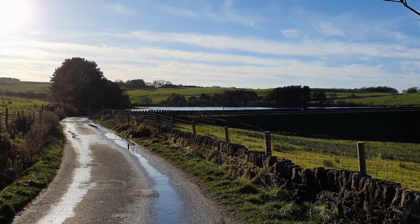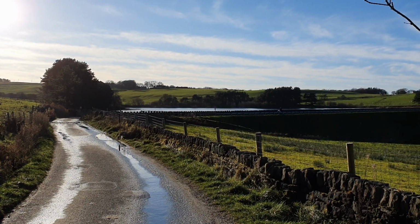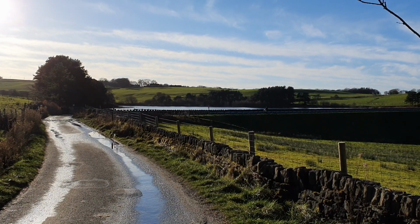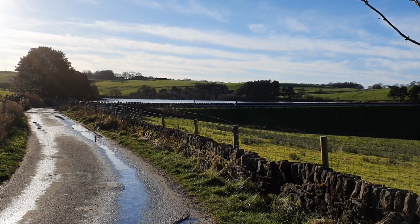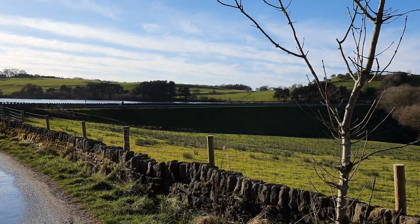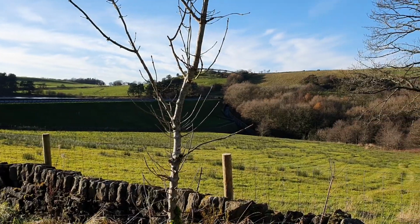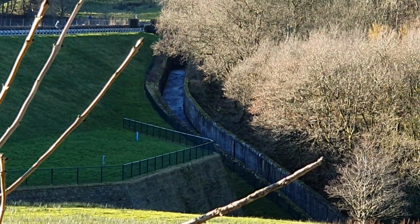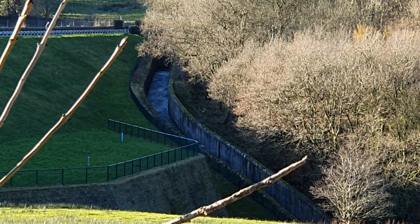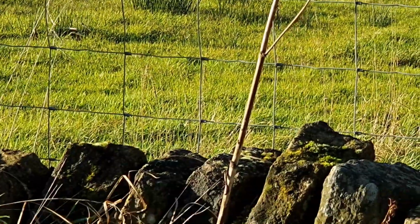Just on the tarmac road leading up to Earnsdale Reservoir. It's one of the many reservoirs within the local area, serving local communities and the like. Up ahead that way is the overflow, not much water coming down there, and just down by the roadside,